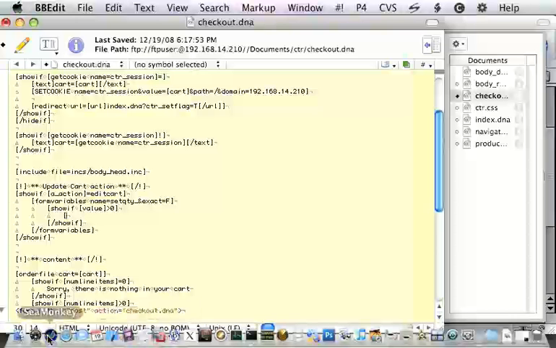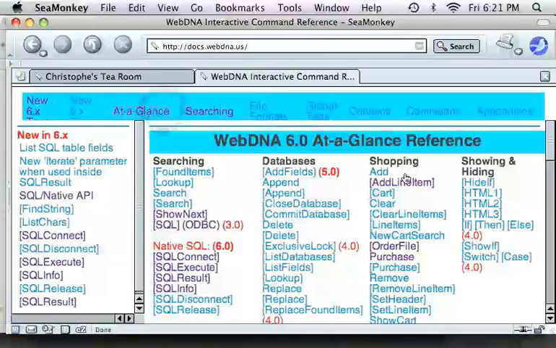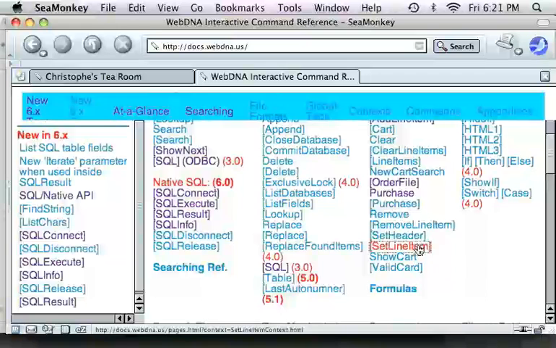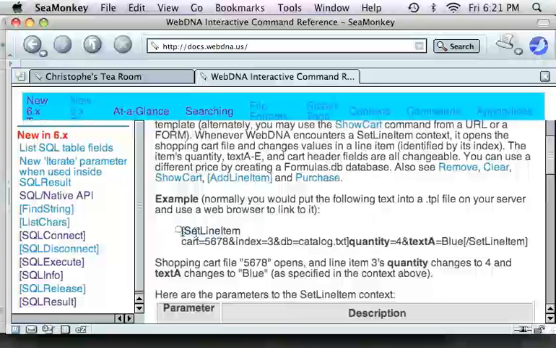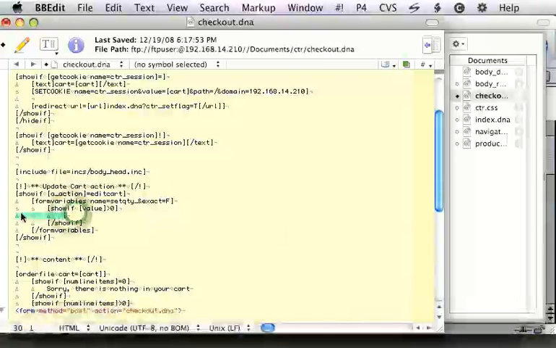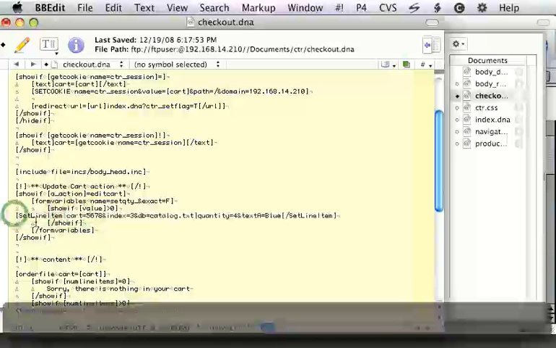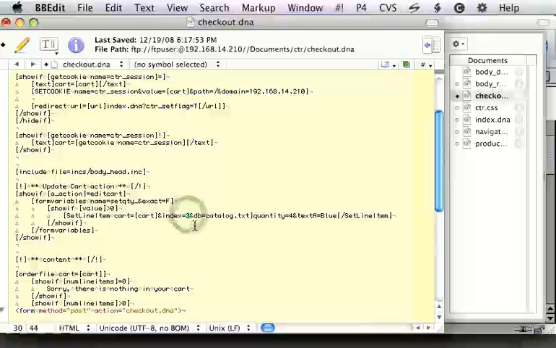And I'm going to go to the docs. And just grab that set line item context right there. So here's an example that I'm just going to grab and come over here. So I'm going to do a set line item, cart equals cart, and index equals, and then here I'm going